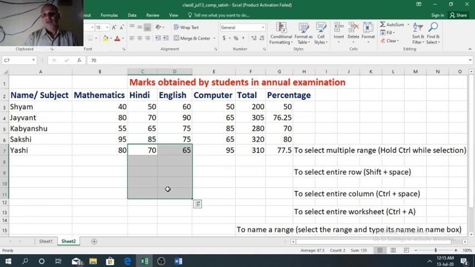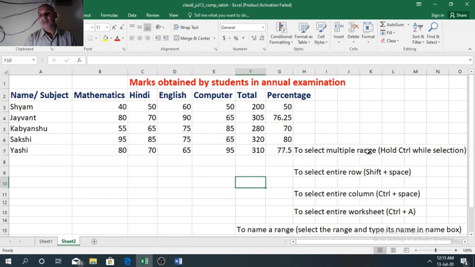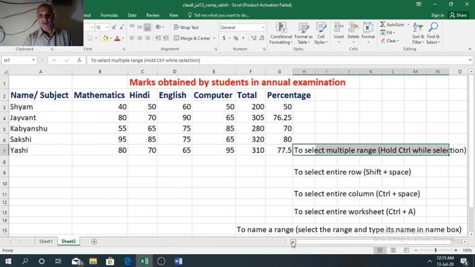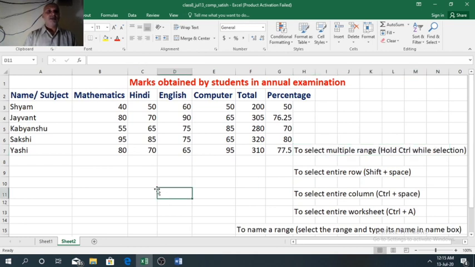But if we want to select multiple ranges of cells, that is our topic, how to select multiple ranges of cells. Here we need to press the Control key while selecting. So I will show you how to select multiple ranges of cells.